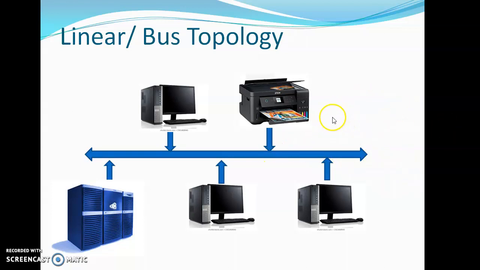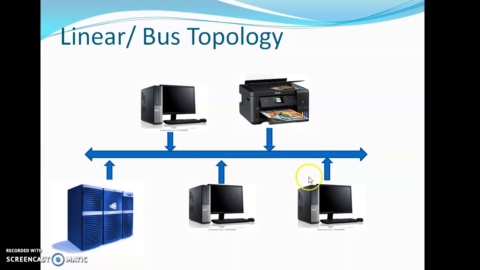Now, one of the problems here is that if this computer stops working, and this machine wants to send a message to it, this machine will send a message in the main cable. Everyone will get to know that there is a message in the main cable, so they will go and check if the message belongs to them. If the message does not belong to any one of them, and since this computer is no longer available, the message will be lying around in the main cable. That will stop every other device from sending a message in the main cable.